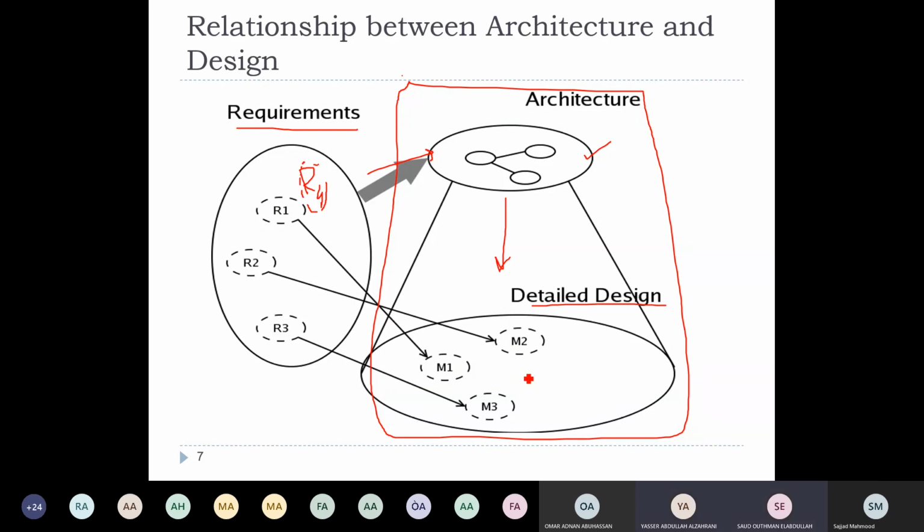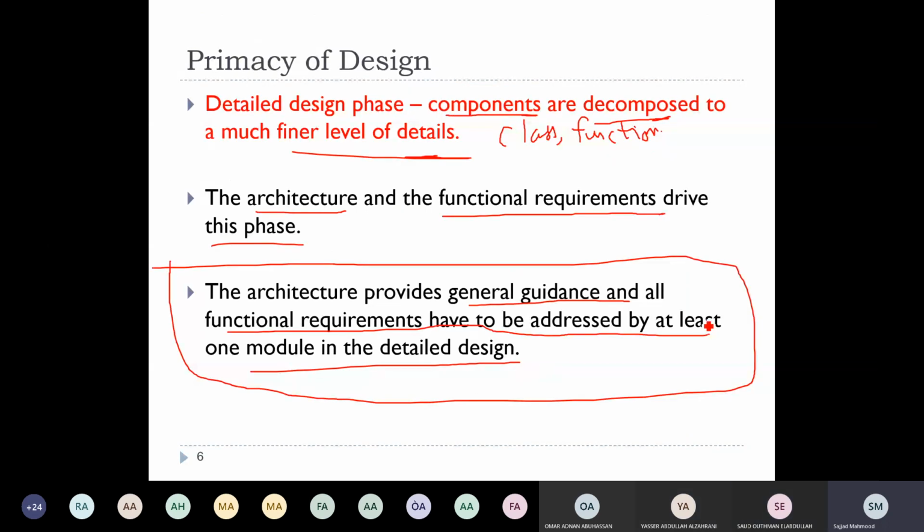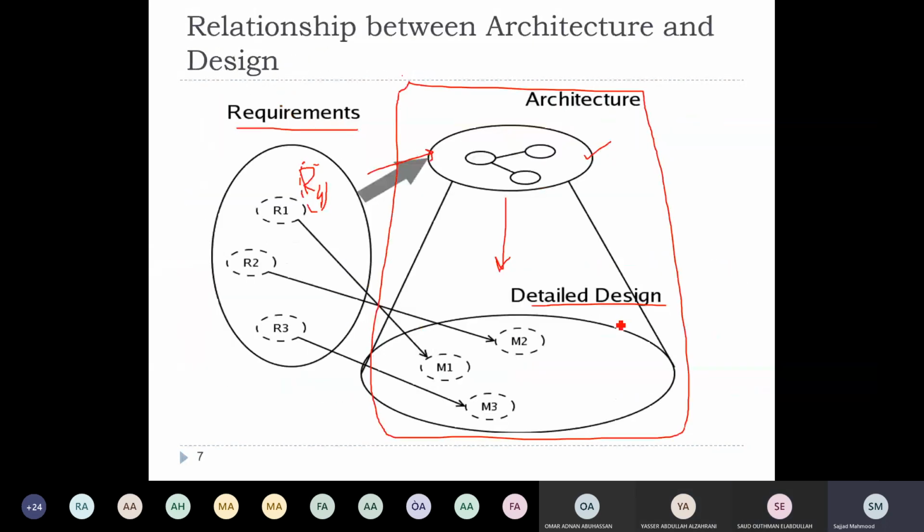No, it doesn't. It's not a necessary thing, because here we're saying at least, that we want to make sure that all of them have been considered in our detailed design, but it's not necessarily a one-to-one mapping. It can be all over the place, right? So it could be done in 5 different classes,